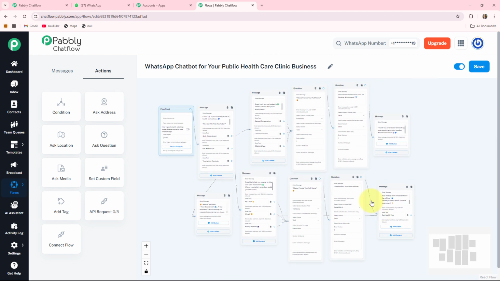Our flow is completed. So basically, this is the final look of our flow for creating a WhatsApp chatbot for your public healthcare clinic business. After the completion of your flow, you have to click on this save button, so that your flow will be updated. Now I'll give you a quick review about how this bot will work and